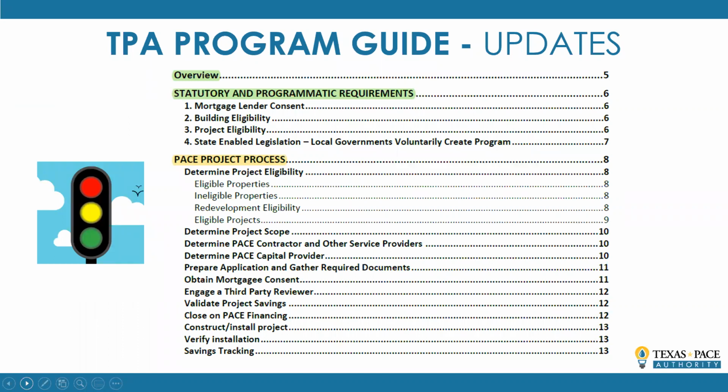The existing program guide, we looked at it this way. There are some things that really don't change, they're constant. There are others that need to be changed, and there are some that are no longer relevant. So if you think of a stoplight, the things that are green highlighted here are generally okay and sort of long-lived and don't change a lot. So some rewording, but really no major changes there. The PACE project process, those are some things that needed some real retooling based on the guidance and updates from Keeping PACE in Texas. And then anything red probably doesn't need to be there, is no longer relevant.